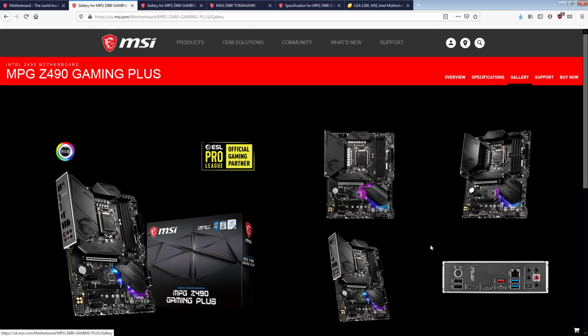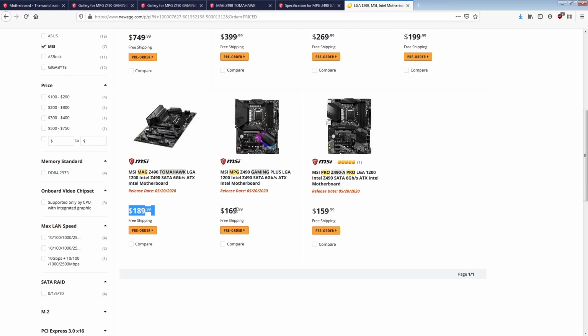Admittedly, I'm a bit of a USB port hog, but the thing is, this is $70 and this is $90. You go up $20, you get a better VRM, you get a better rear I/O, you get more. Admittedly, a lot of people might not need a lot of the things that are better, but